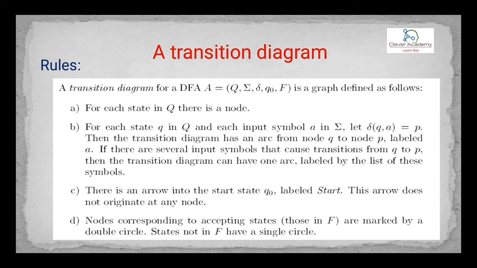When coming to the DFA, a DFA can be represented with the 5 tuples Q, sigma, delta, Q naught and F. You all know that Q is a set of states, meaning Q0, Q1, Q2, Q3 and so on. Sigma is a set of input alphabets. Delta is the transition function. Q0 is the initial state, and F is the accepted state, or you may call it the final state. It is a subset of Q.